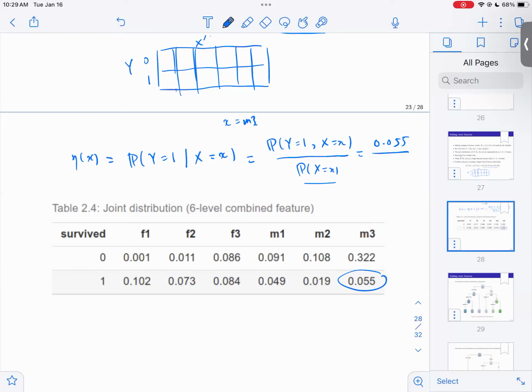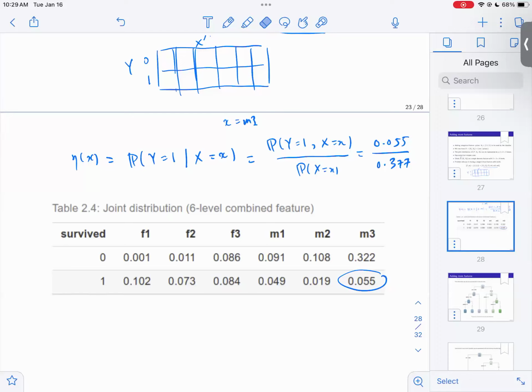What is this? Yeah, you just add up those two. It turns out to be something definitely less than 1/2. So I know the decision here, right? That's definitely less than 1/2. So what should we do? Classify that as 0. And then if you look at these, you would see the same idea.